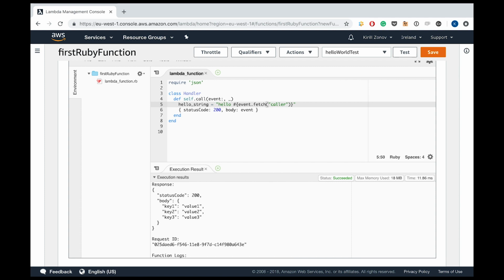Okay, so we're getting a color key with fetch. That's fine. And let's add some default for this fetch method. Hello unknown, for example. And we respond with this hello string, just with a string, maybe. Or better, no, let it be a hash. And actually we will now see if we need to encode it as JSON, or if it's fine to be just a hash. So let's respond with greeting and our hello string. Okay,